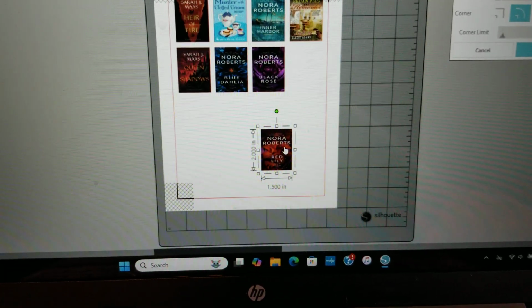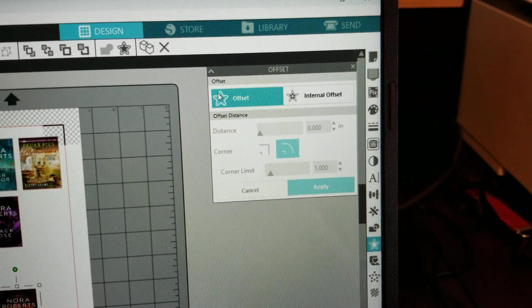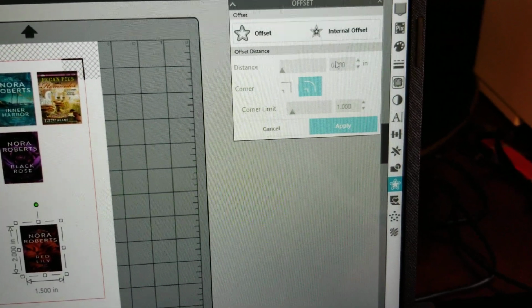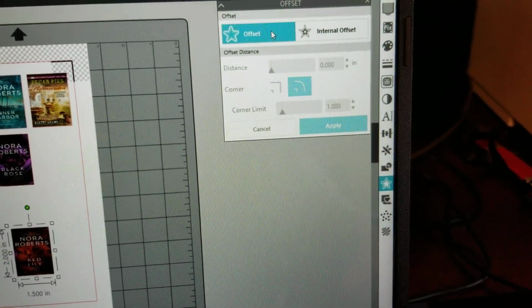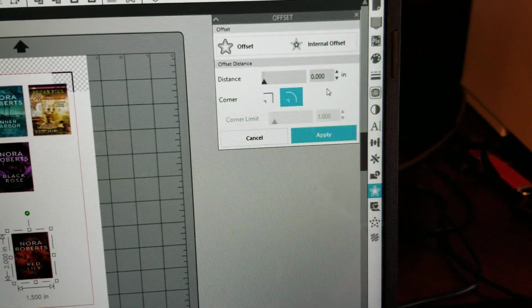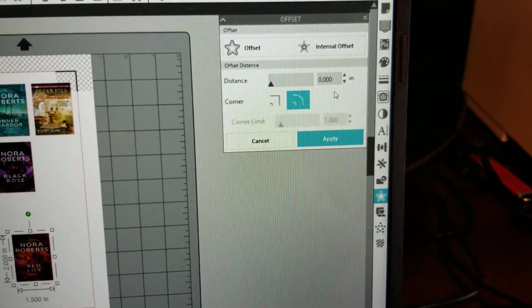So now I'm going to click on it again. You can see up here I have this offset already pulled up. Offset is this image right down here. So I'm going to click on offset here. And I have it at 0 because I want it to outline the book,